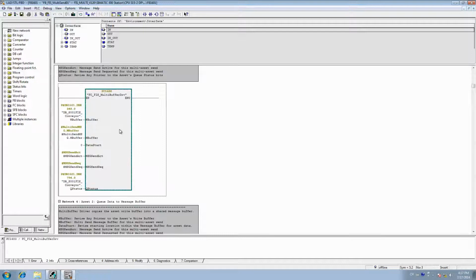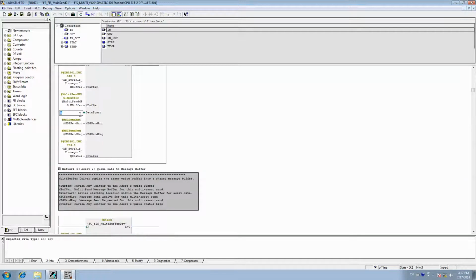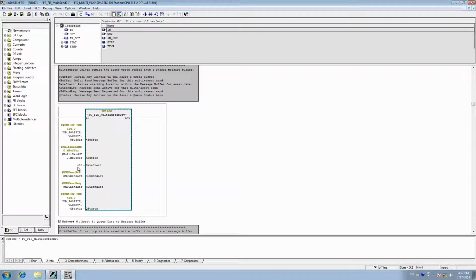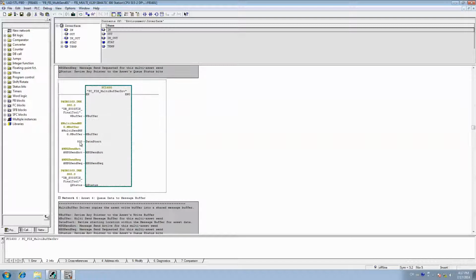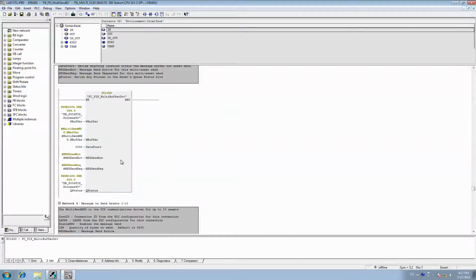starts at byte 0. We're sending up one message, remember, for up to 10 assets. This particular message is only going to contain 6 assets, but you can put 10. The second asset's data is going to start at byte 400, or dent 100. We offset each asset by 100 dents, or 400 bytes. So the first asset goes at byte 0, second asset byte 400, third asset byte 800, so on and so forth. After we get through all 6 assets,